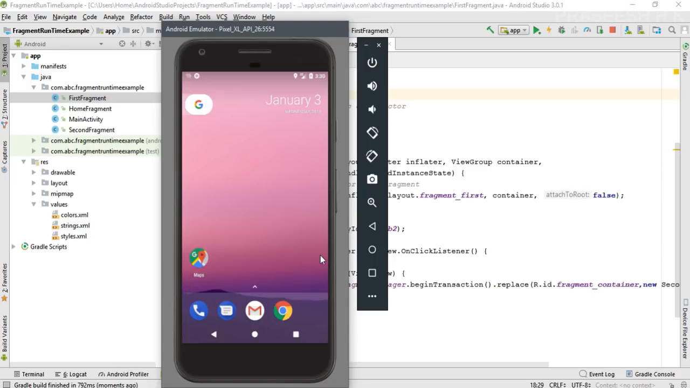This is because we didn't put any fragment transaction into the backstack. If you put the fragment transaction into the backstack, the Android system will stop the fragment instead of destroying it. If you don't put the fragment transaction into the backstack, the Android system will destroy the fragments if you replace or remove them. So now I am going to show you how to enable backward navigation through fragments